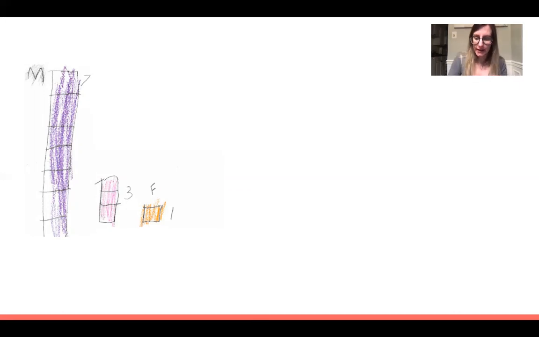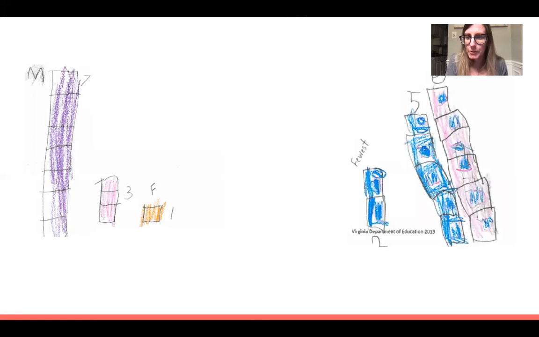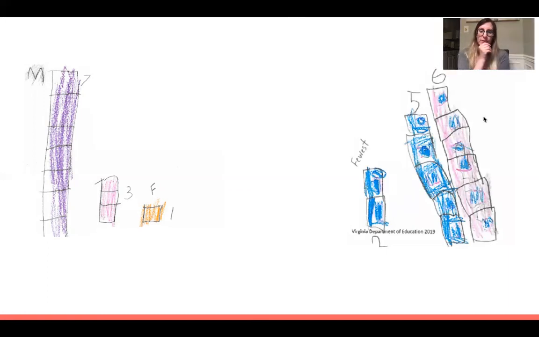All right, let's look at another one. Oops, let me move. So this student, his or her towers look very different, don't they? Tell someone what this person did with their towers. Now, these two ideas about towers are different, and that's okay because all of our brains think differently about math, and there were lots of ways that we could solve this problem. But I want us to think about how these two ideas are the same or different.